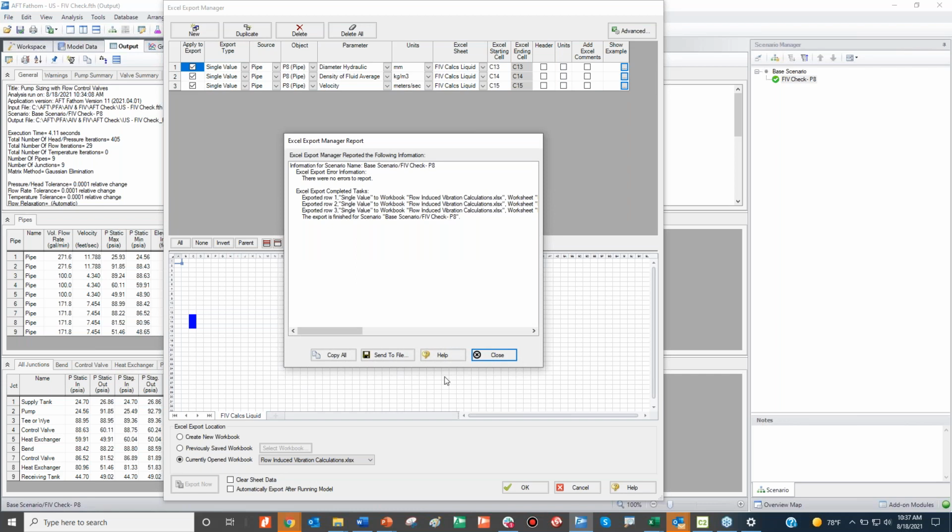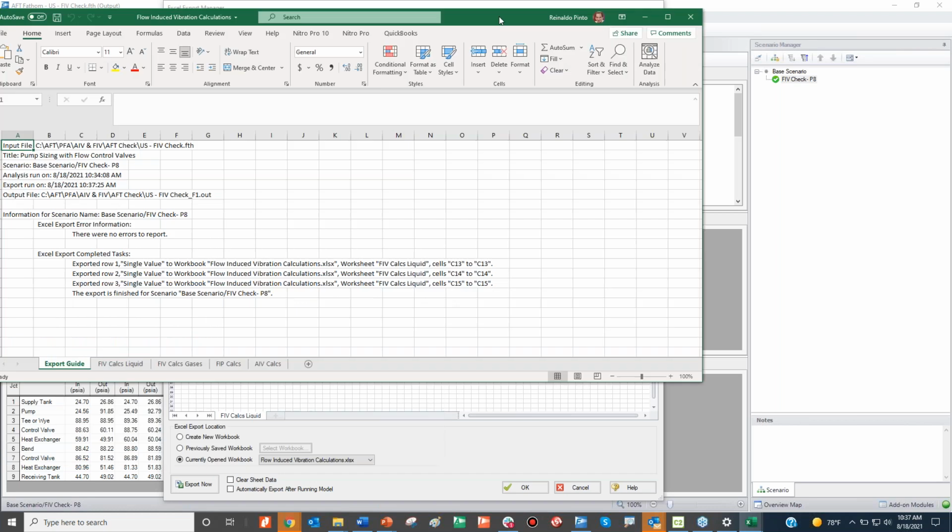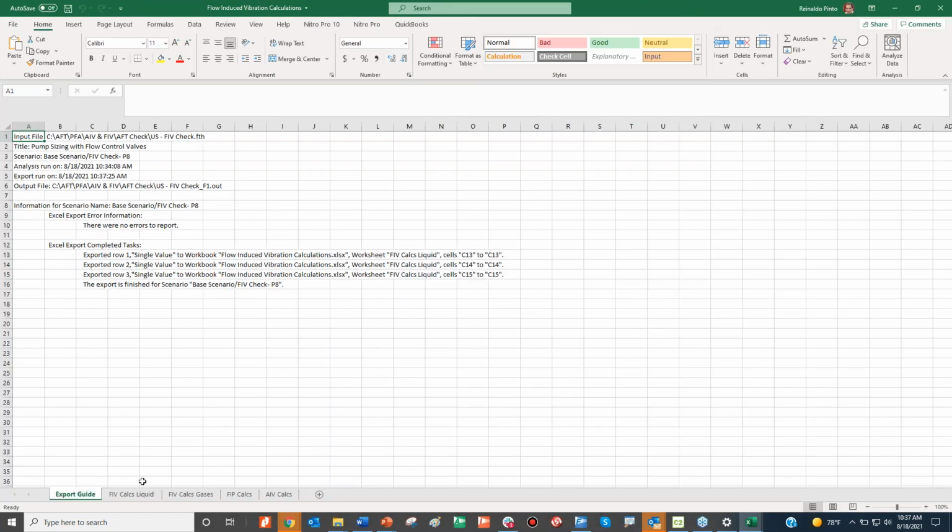So it tells us it exported without any problems. We bring up the spreadsheet and it creates a new tab telling us what it exported.